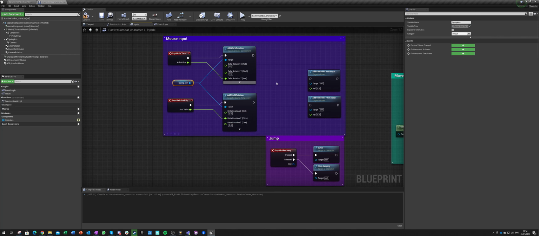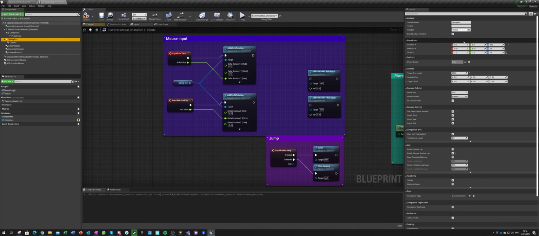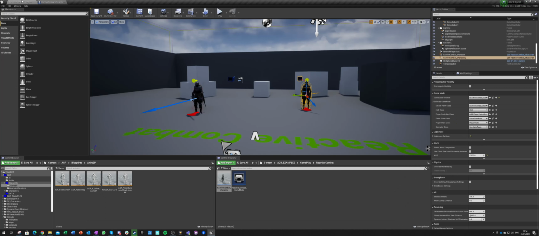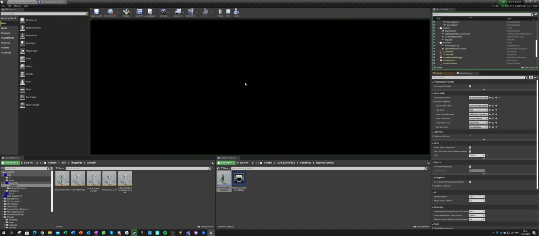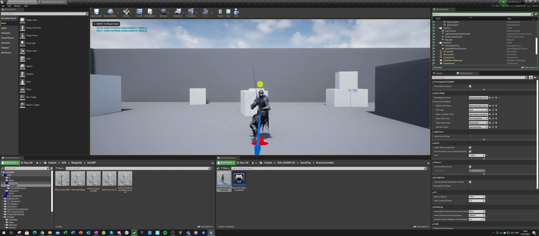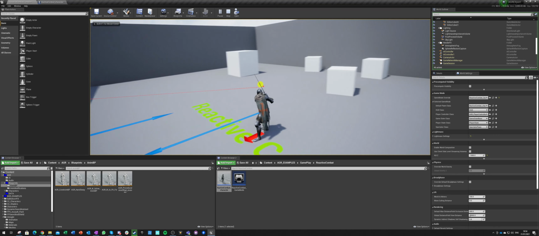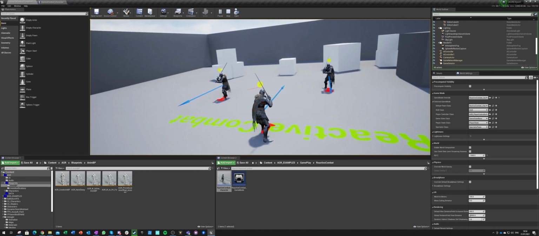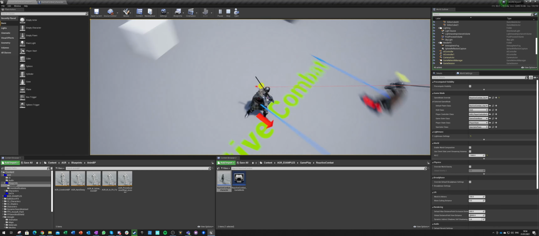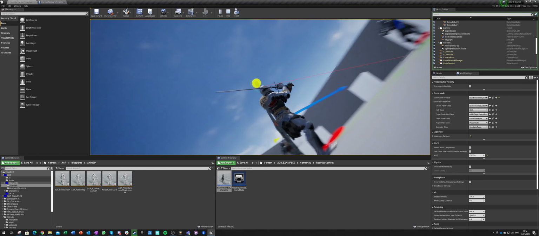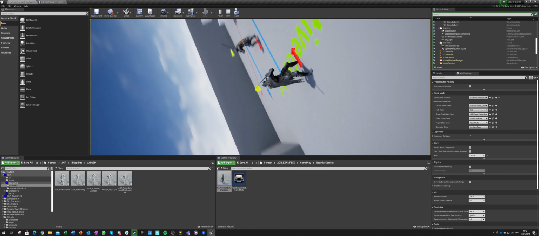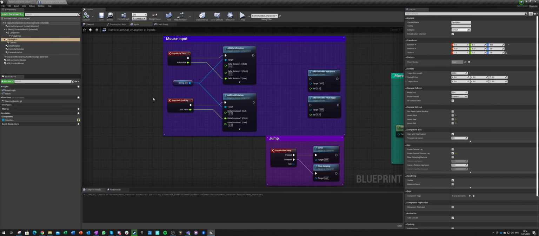And now in our spring arm we can no longer use spawn control rotation, and we cannot inherit any of the rotations from our parent. So now if I hit play, with my mouse I can fluently move my, okay, this is not right, it's terrible.